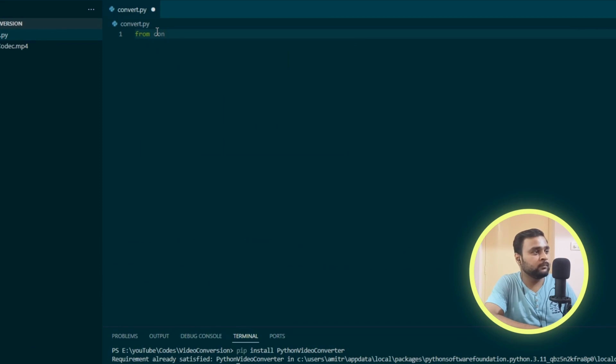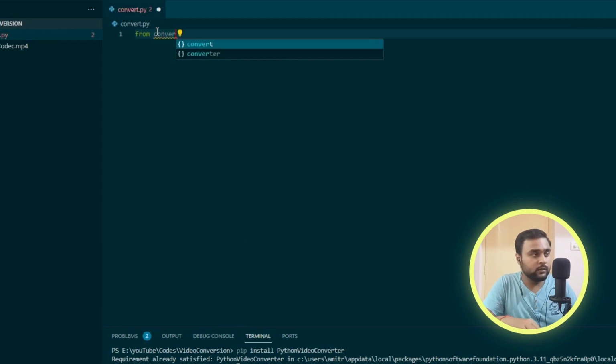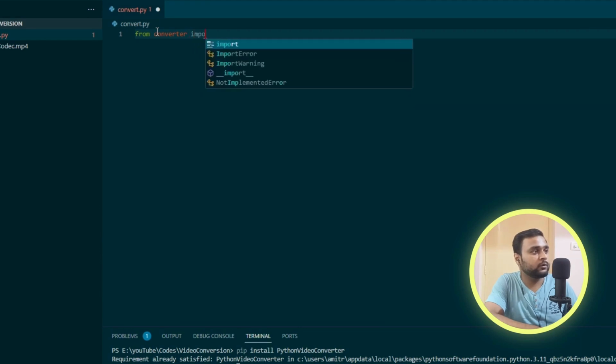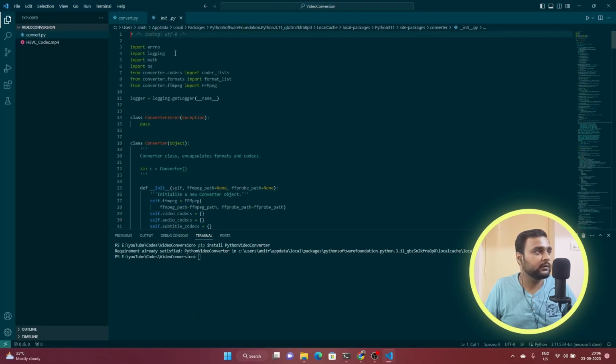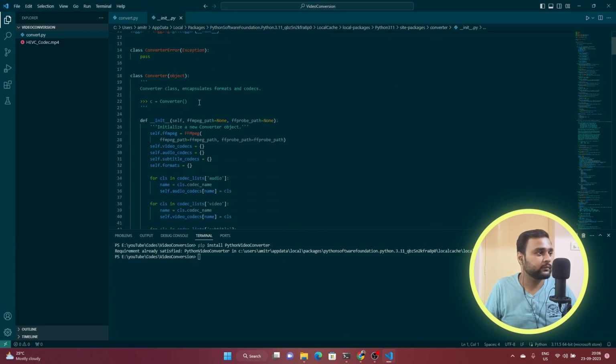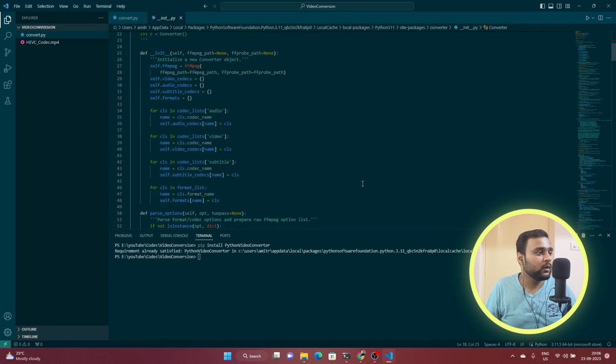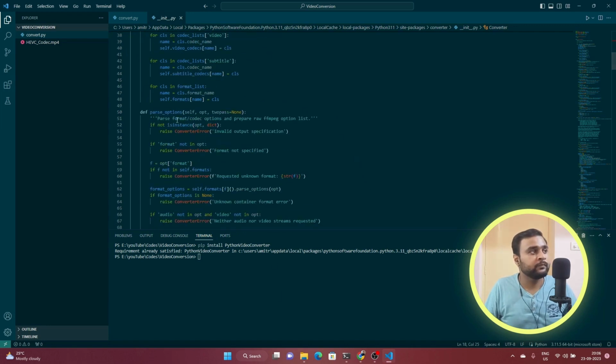from converter import Converter. I do not know the naming convention, but this python-video-converter has this converter. The name of the module is converter. If you look here, in site-packages, converter. Converter is the class that we need to instantiate so that we can get one converter object,